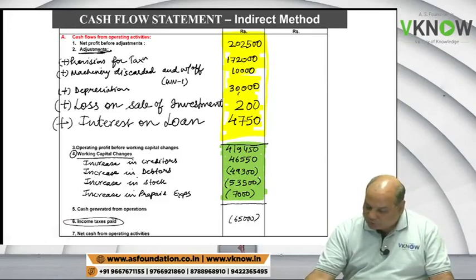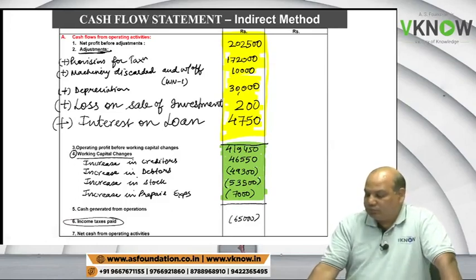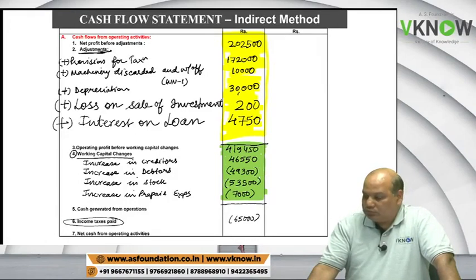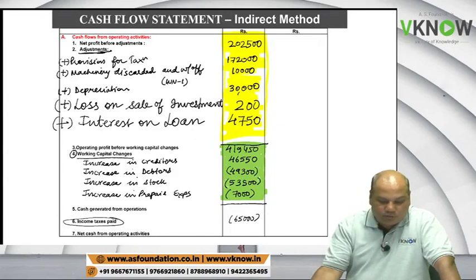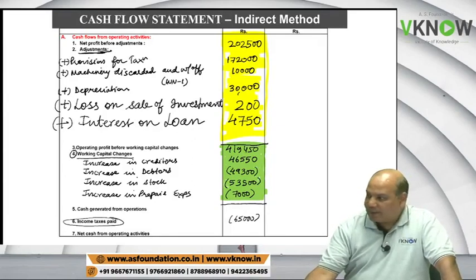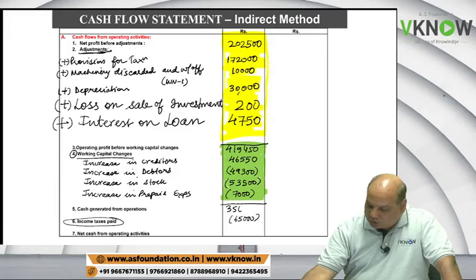Cash generated from operation is 356,200